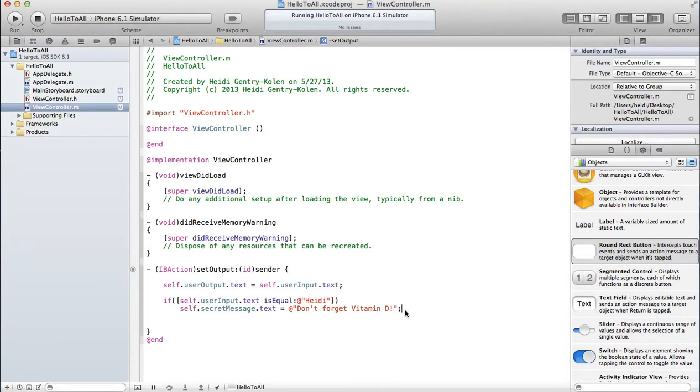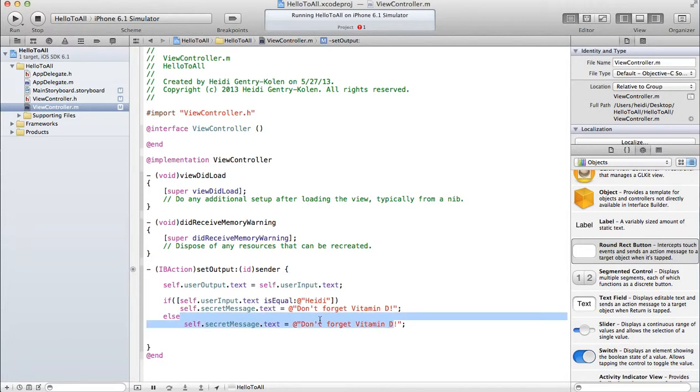Now, we can also do an if-else, which will allow us to establish actions for either the true side or the false side of this conditional. So the way we do that is we just use the keyword else. And let's say we're only looking for the Heidi now. Let's copy this instruction.